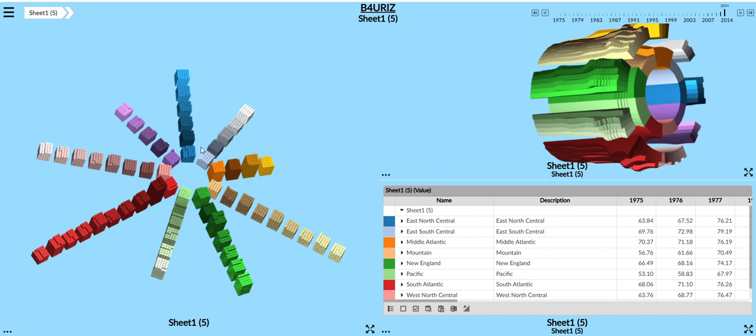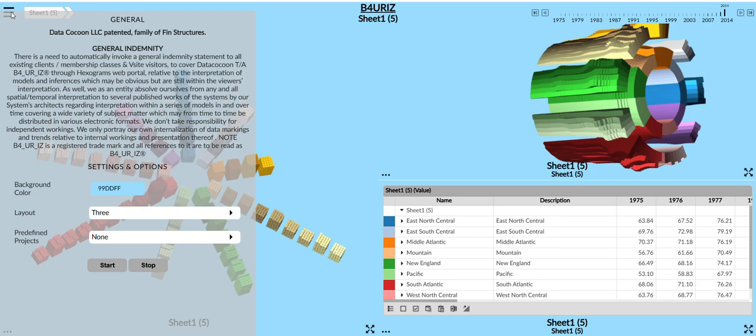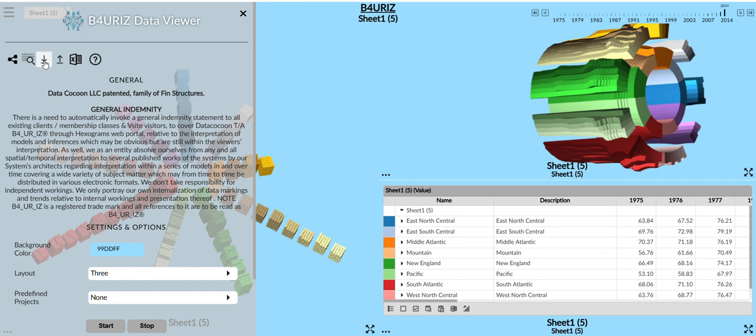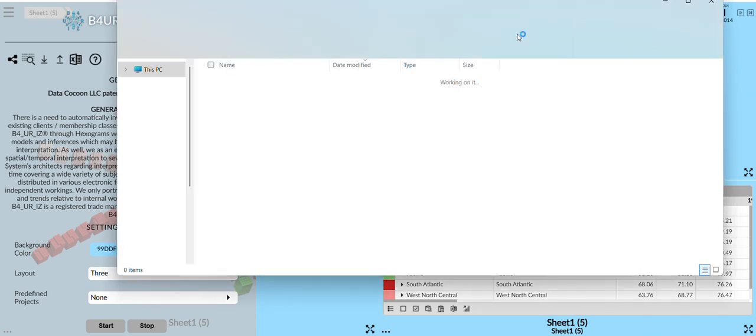Now, how do we get this data into a JSON format for quick recovery, not just a drop-in of the system, but if you're going to bring it back, it doesn't bring it back as you have set it up. It brings it back in totality at the end point. So we go to the top here. We would download JSON model, come to the download section, open up the file, take this file,